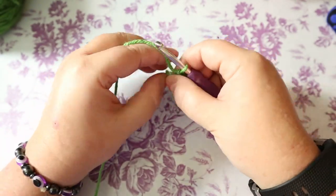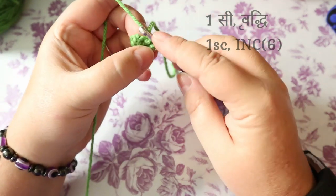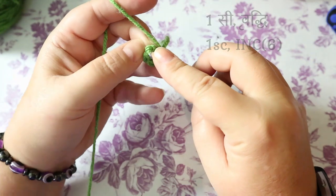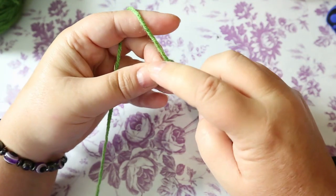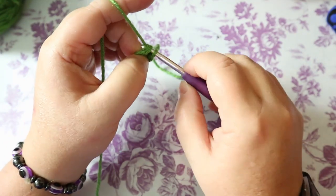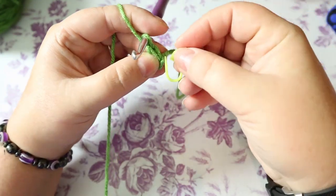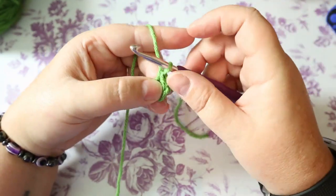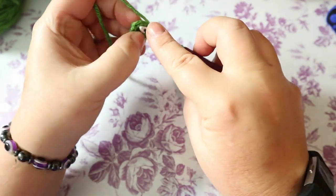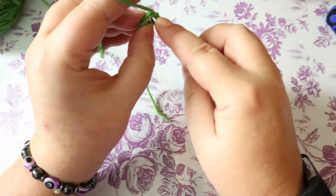That's 4. I want it pointy, so you're going to do 1 single crochet increase. Get into the first stitch. First stitch is always difficult, I don't know why. So, I don't really need a stitch marker, you can put it in if you want, but I only have 4 stitches, so I'm going to do this twice. So that's 1 single crochet, and then an increase of 2 single crochets in the same space,